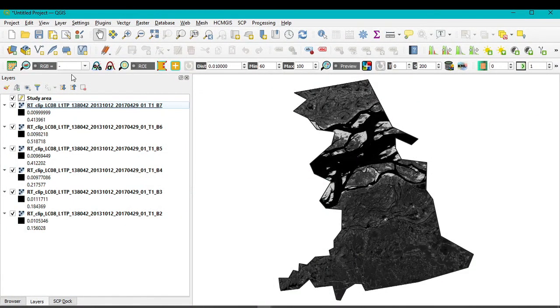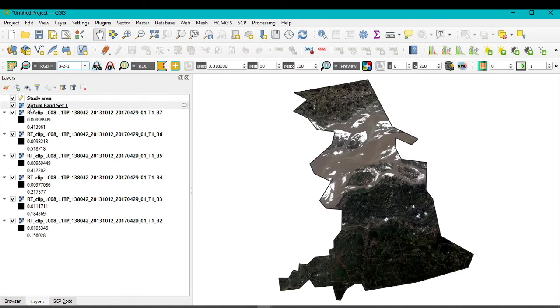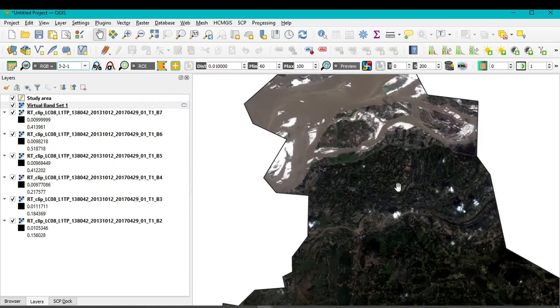If I want to check the study area by using different color compositions within the RGB, this color gun, you click on this drop down menu and select 3-2-1. So if you select 3-2-1, you can see here the virtual band, and this is a natural color composition.